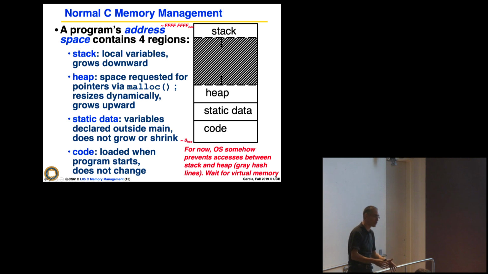When you run a program, if you're the only program running in your address space, you own all the 32 bits of that space. If you haven't done anything, the stack is mostly empty. You've called main, so maybe there's a little main at the top. If you haven't made any mallocs, there's no heap really. Static is your globals. And how big is your code? Small, big, depends. You could write a lot of code. You could unroll a for loop: imagine just writing array of 1 equals 1,